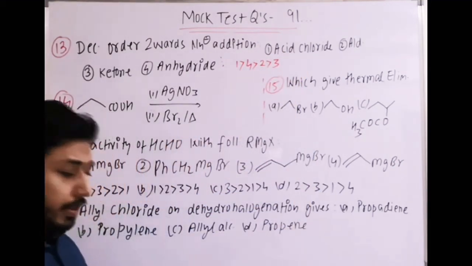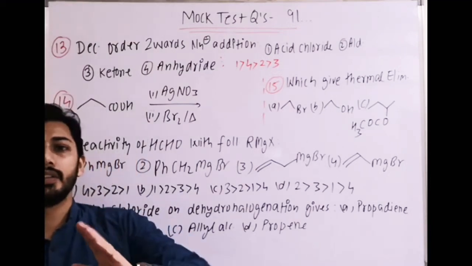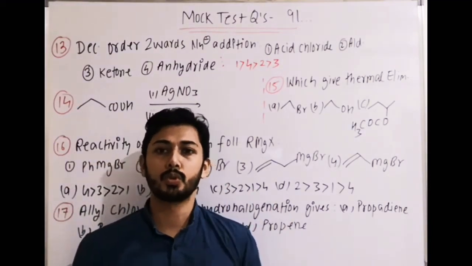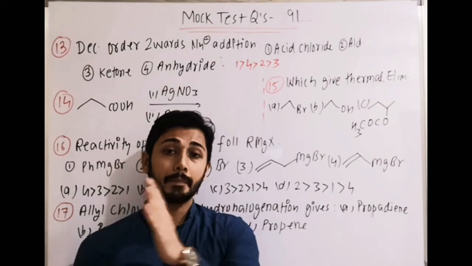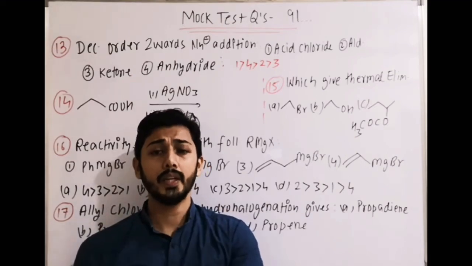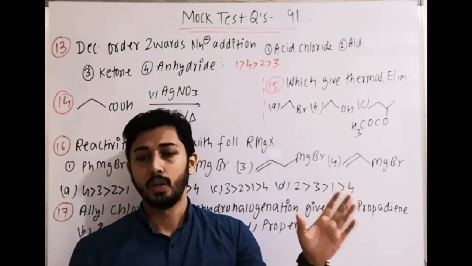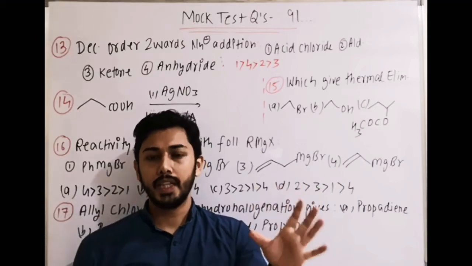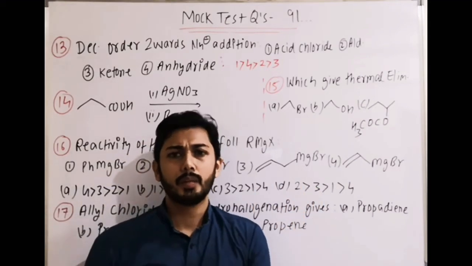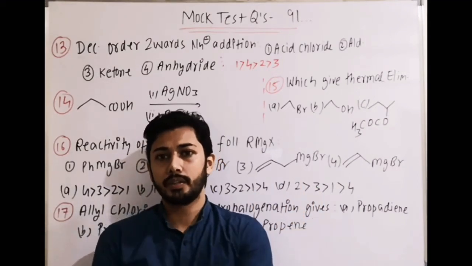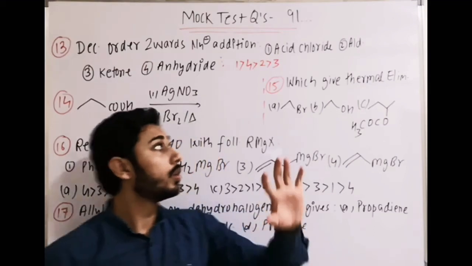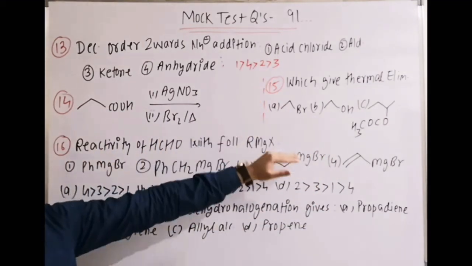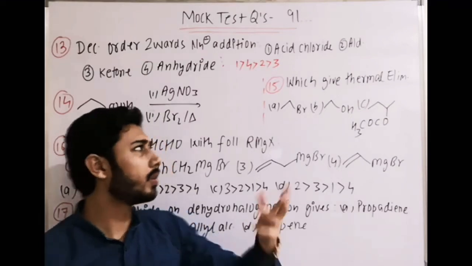Generally this order we never use. Why? Because for acid derivatives a different order is there, and that is the most common: acid halide, anhydride, ester and amide. But here they have given aldehyde also. That is why the order is slightly different, and it is given in the standard book that this is the observed order for nucleophilic addition. That same order they have also written here, but the explanation is not suiting, because if